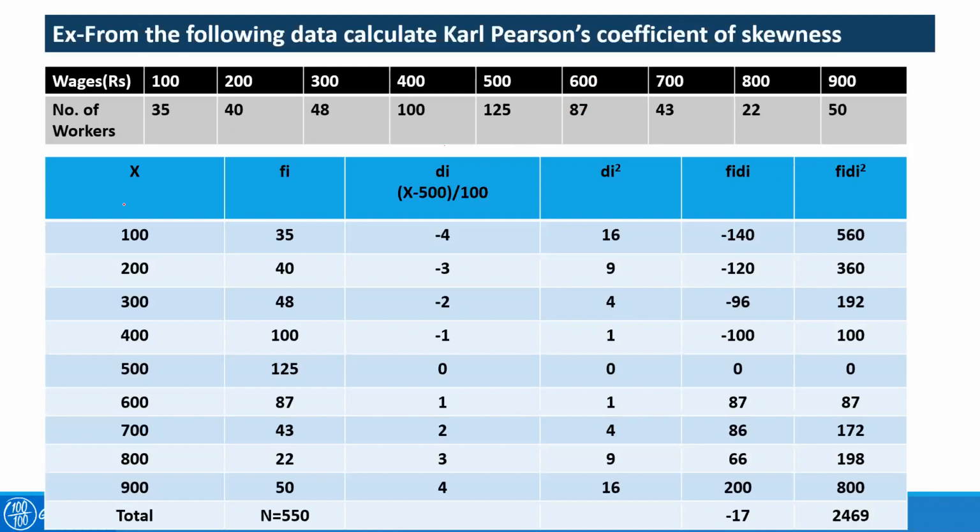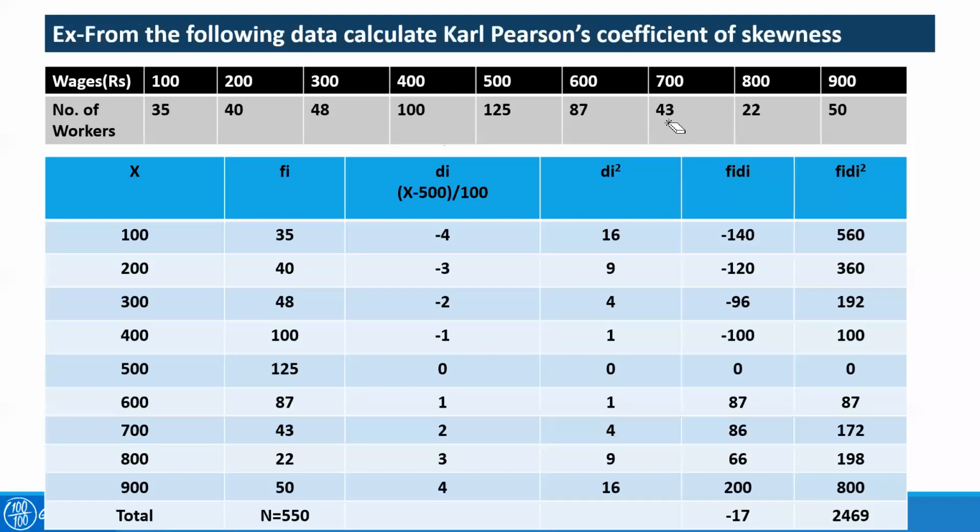As we know, first x is given, fi is given. So we'll find it using the step deviation method, which is also called the assumed mean method. Assumed mean method means we are assuming any mean arbitrarily; we are not actually using the actual mean. Why do we do that? Because this is an easy method. The calculations will be much more comprehensible. I mean, there will be no decimals and all. This will be less cumbersome, though the formula will be big.